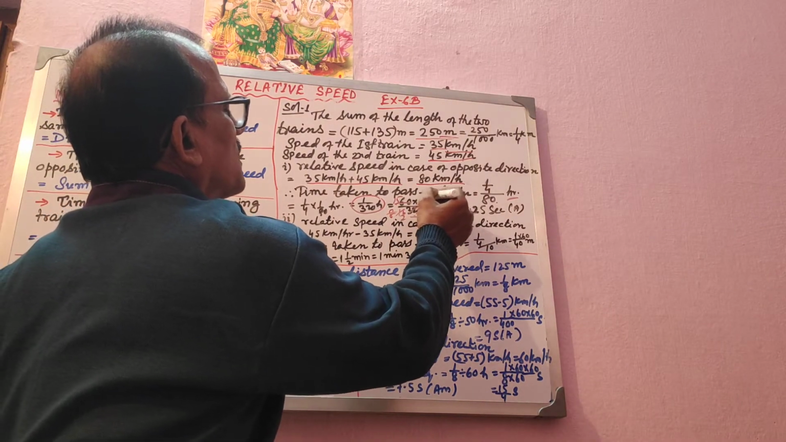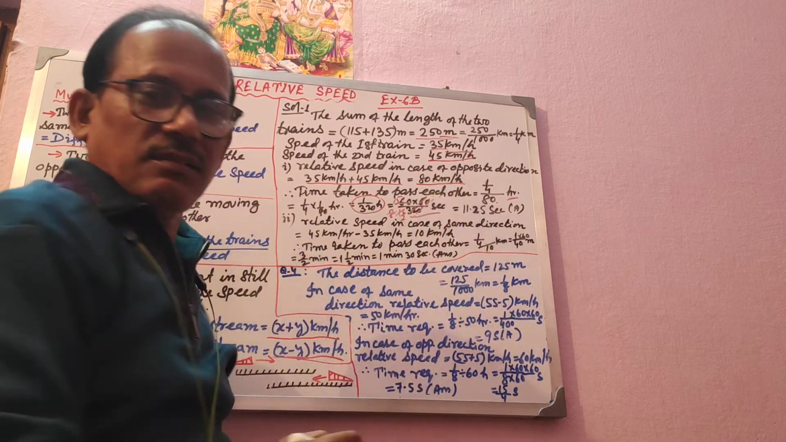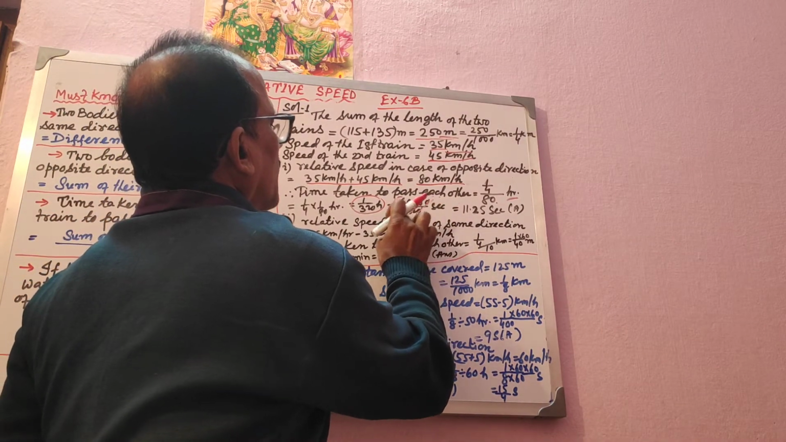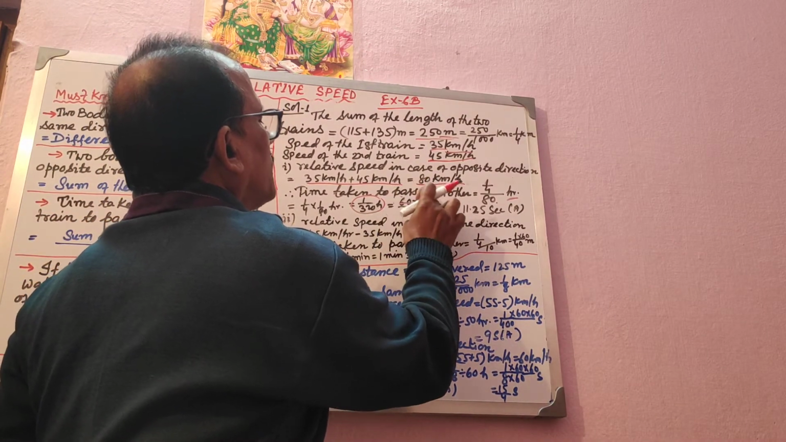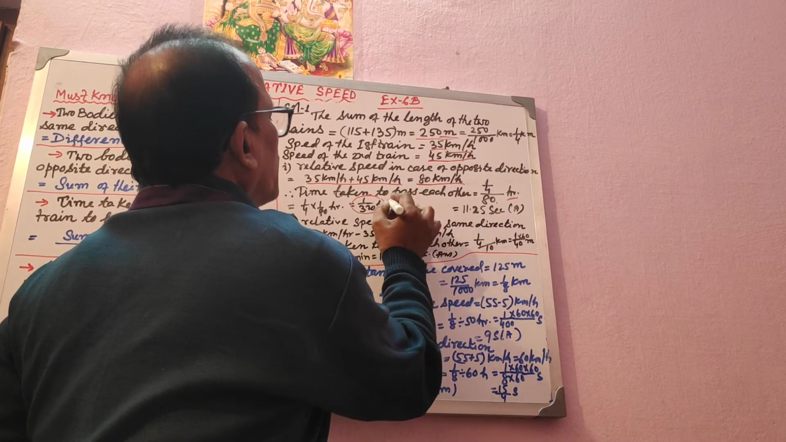0 0 cancel, 6 is cancelled with 2, it will be 3. The calculation will be wrong. If you solve it, you will find 11.25. I will just once again try to do it. Just have patience. See, it became